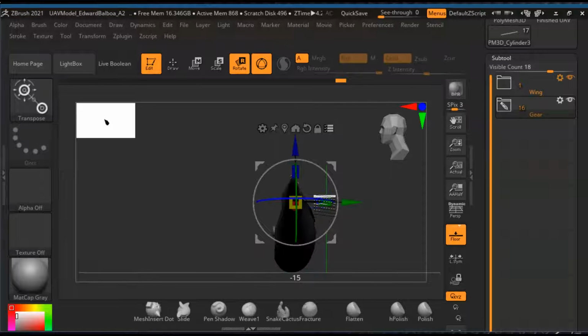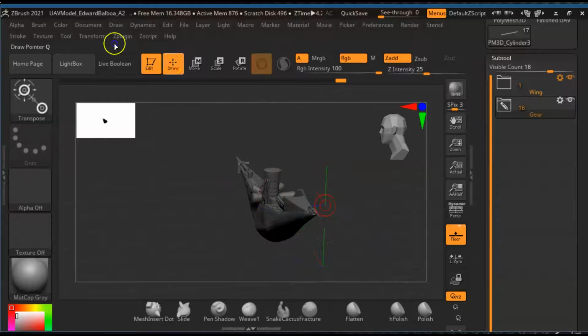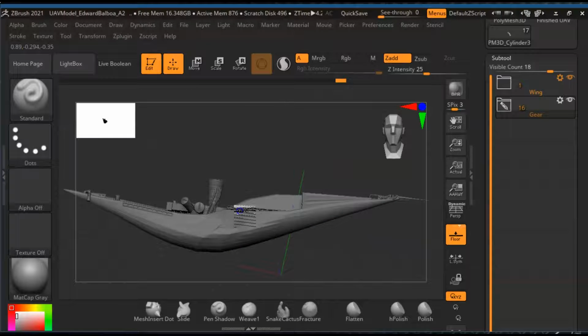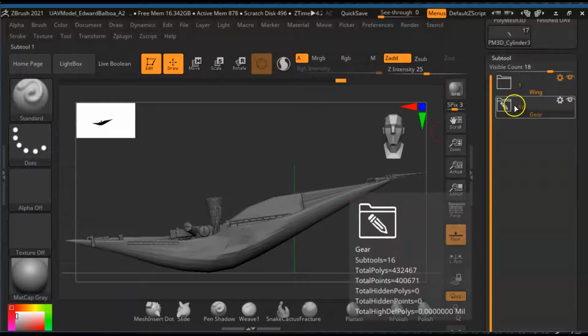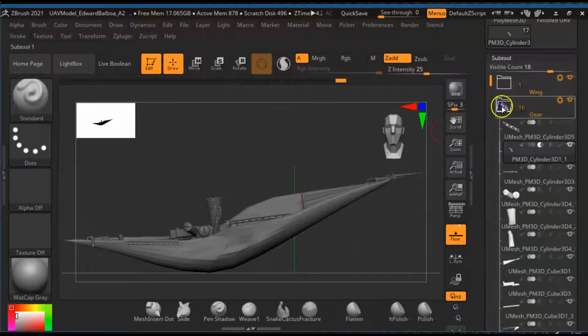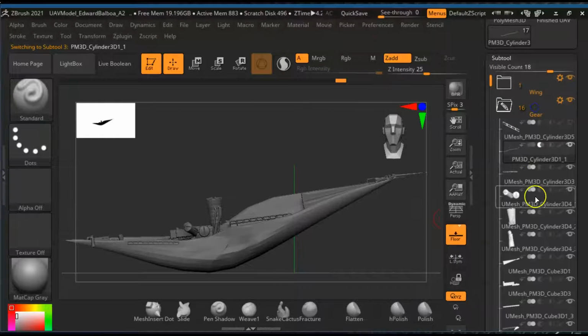I think that might be the center. I guess that's it. So now I can go back to draw and I can continue designing it a little bit better. So let me look at the base here. I'm gonna hold Alt and just click here. So now I select that piece. Good. I'm gonna close this